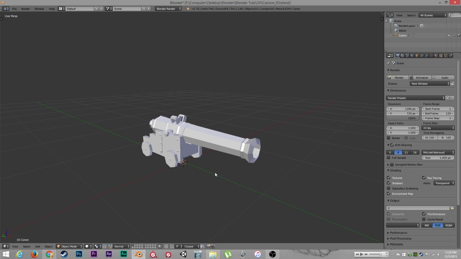Hi, my name is SouperTrooper on Game Dev League, and I'm here bringing you a tutorial about UV unwrapping in Blender. So, just so you know, I'm using Blender 2.76,